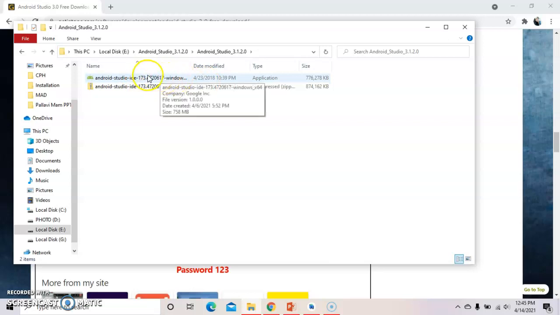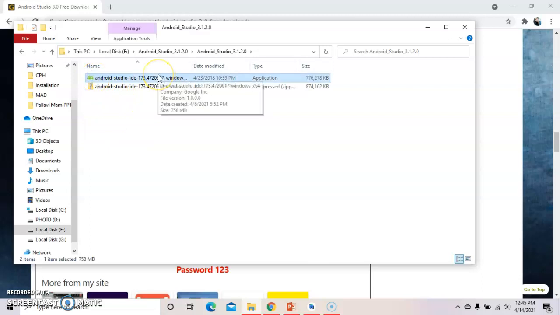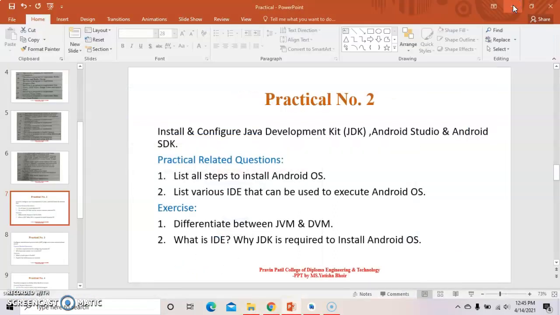When you click on it, it will ask you to run the installation of the application. On my laptop it is already installed, so I am not clicking here. When you click here, it will ask for the installation. Just do the installation. When you install it, this window will come.